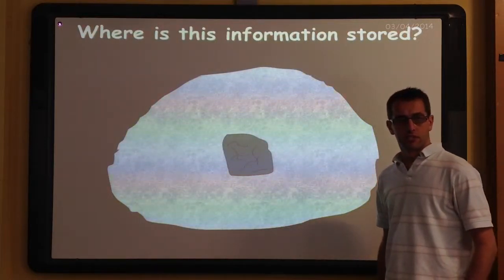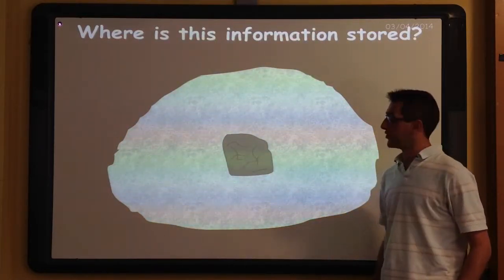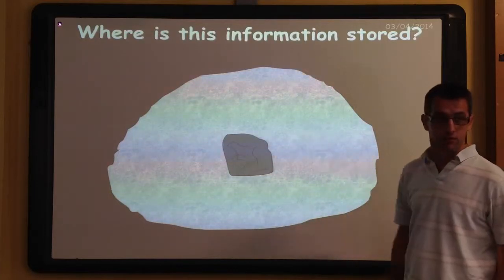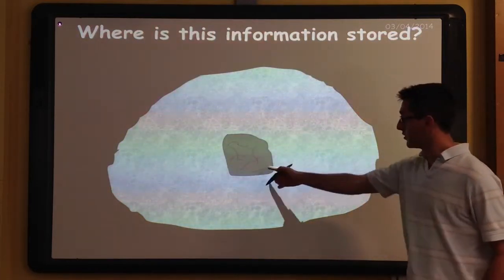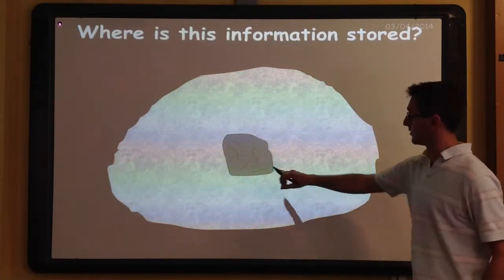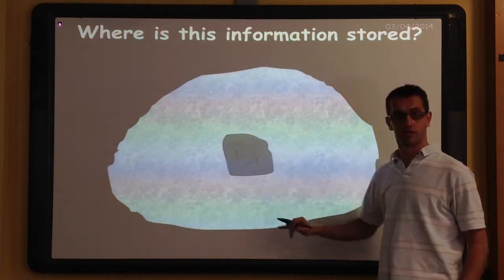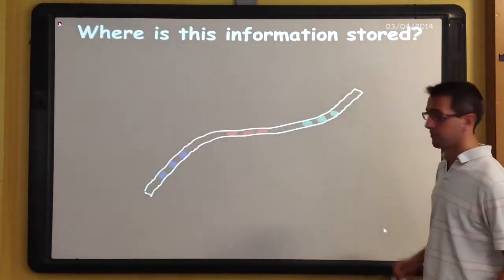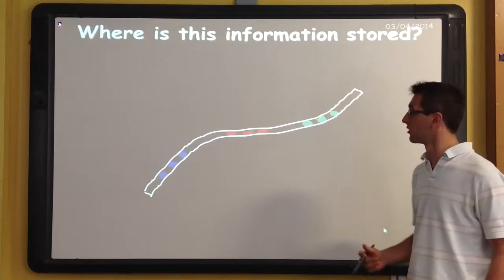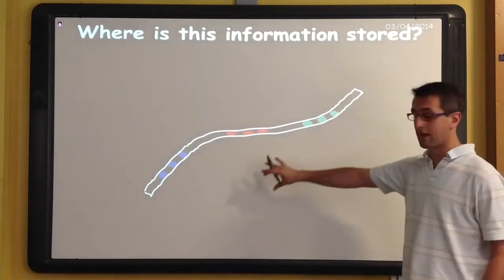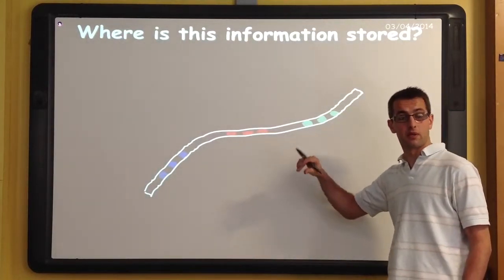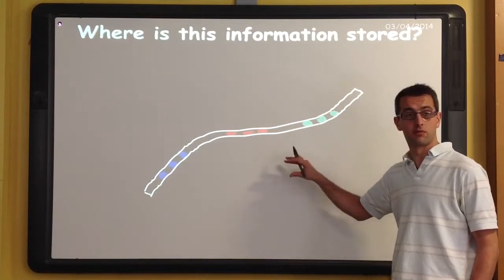So let's just remind ourselves where all the genetic information is. Here is a large typical animal cell with a nucleus in the centre, and inside the nucleus you can see the strands of genetic information. If you extract one of those chromosomes, this is a whole chromosome, there would be a pair of chromosomes existing